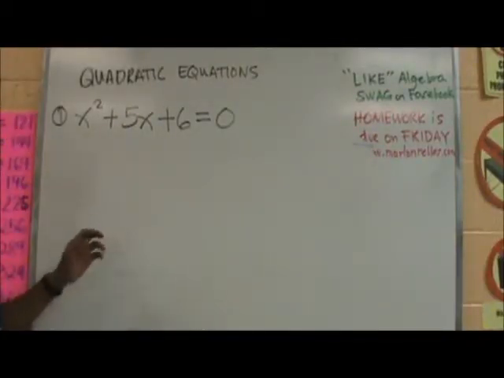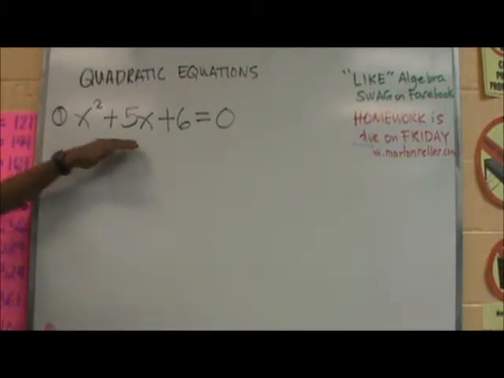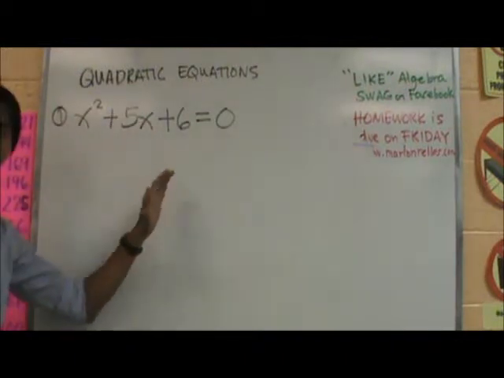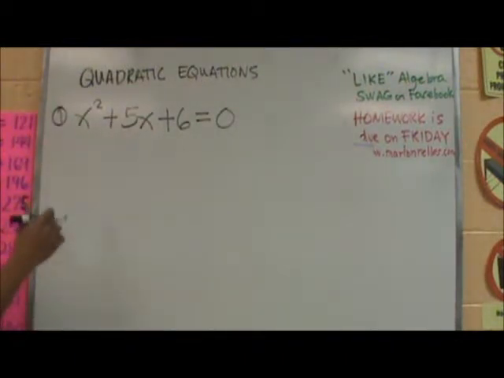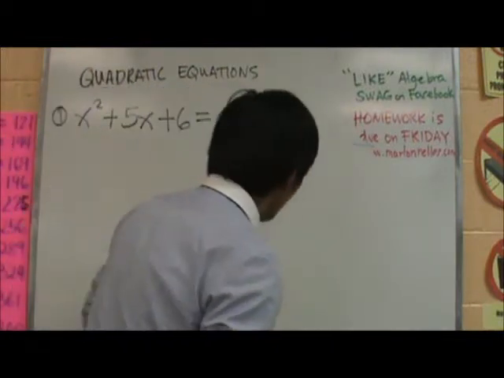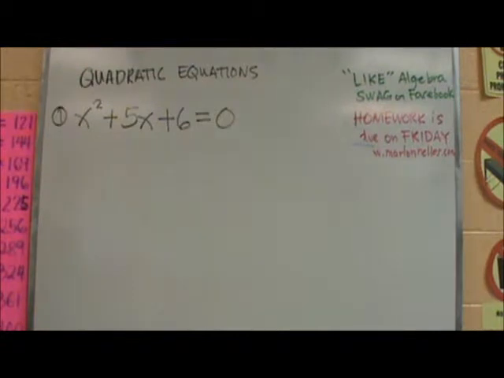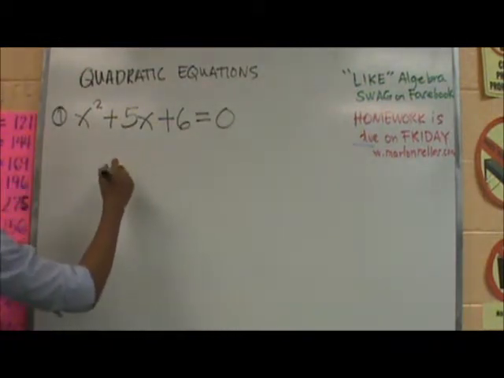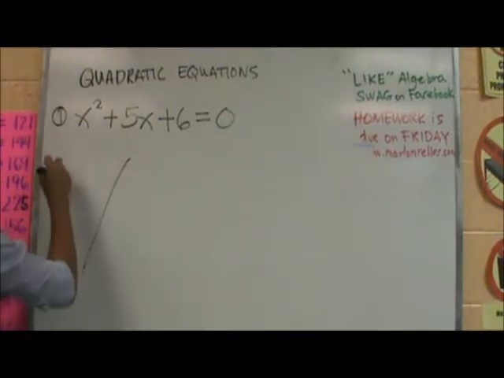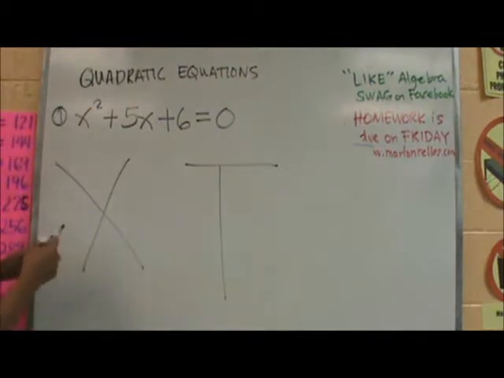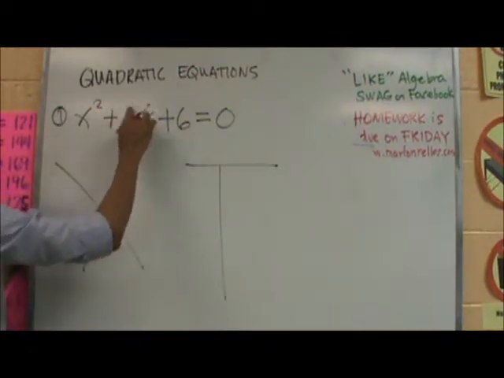Okay, for quadratic equations, there are several ways to solve for the zeros, to solve for the solutions of x squared plus 5x plus 6 equal to 0. But for today, we're going to use the x and t method that we learned last week, where we use the middle term,